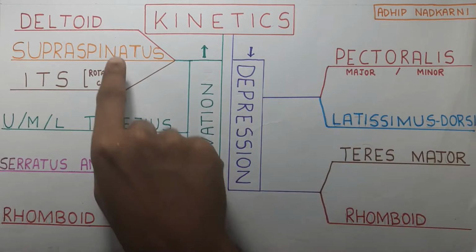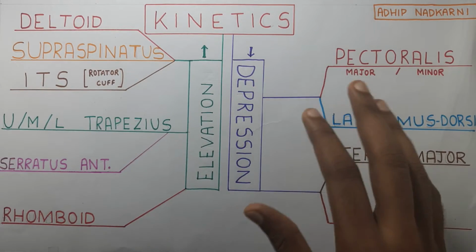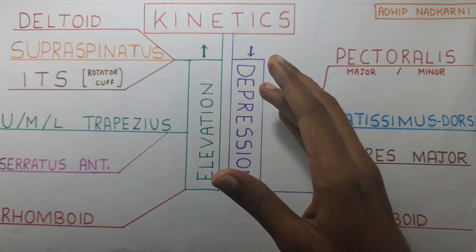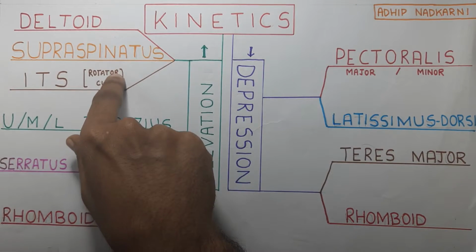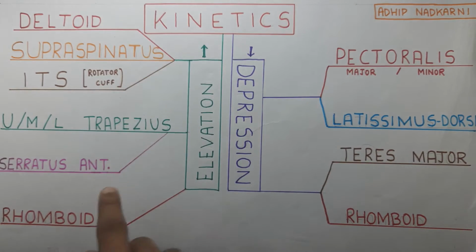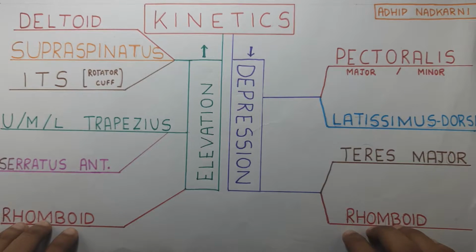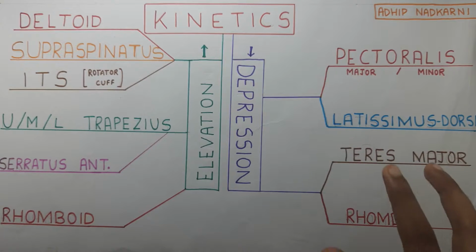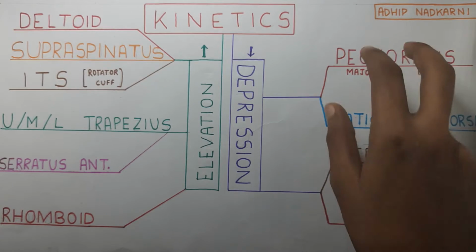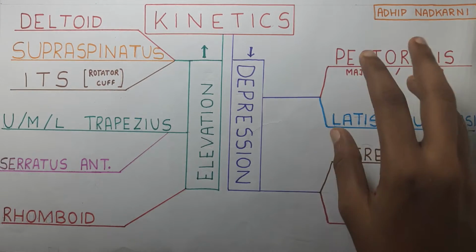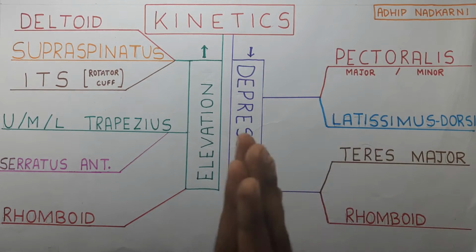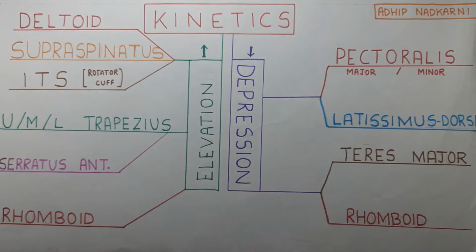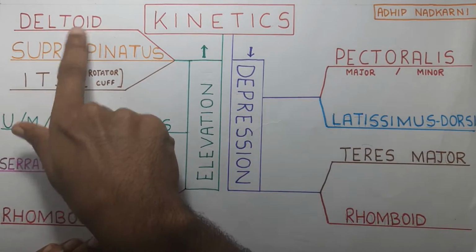If you have noticed, I have subgrouped all these muscles because they kind of work together in harmony. So your deltoid and your rotator cuff muscles work together. Upper trapezius and serratus anterior are the upper rotators. Then your rhomboid, you can just keep it aside because rhomboids over here are basically your retractors. Then teres major and rhomboid also have a function together, and pectoralis and latissimus dorsi also have a function which goes together with one another. So that's all for the introduction. Let's start with our deltoid muscle.